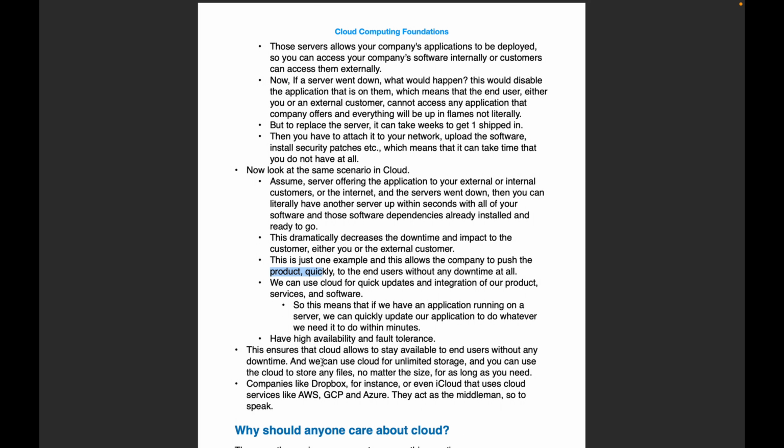And the most important thing is that there will be fault tolerance also. Within a fraction of minutes, the software will be up to date, the code will be up to date, everything will be up to date, and our application will be up and running with no downtime at all. This is one of the biggest examples of why the cloud is very important, and why the business should adopt